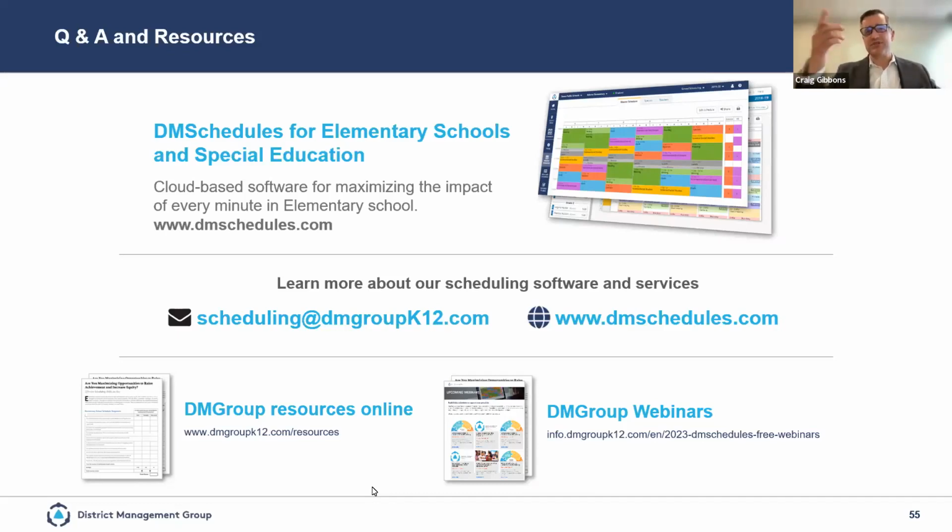The other piece, Richard was showing some screenshots from the software just about how we test where time is being spent and what that translates into direct service and other things on people's schedules. So that's a byproduct of just people preparing their schedules in this DMSchedules platform we have. We have the two products, which is part of the question here, school scheduling. So, and we look at special education leadership and staff working closely with building leaders to make sure they're thinking of the needs of those students.